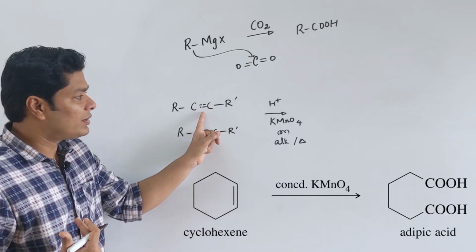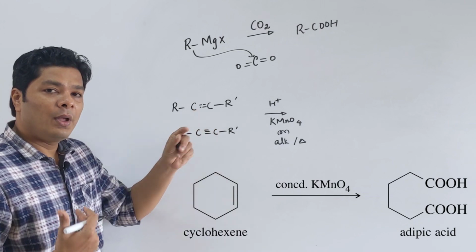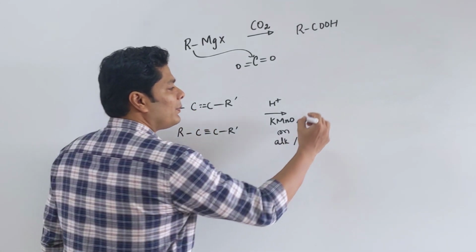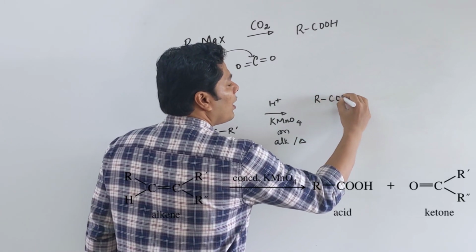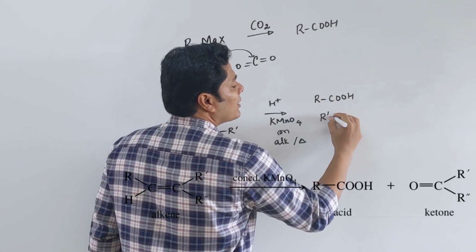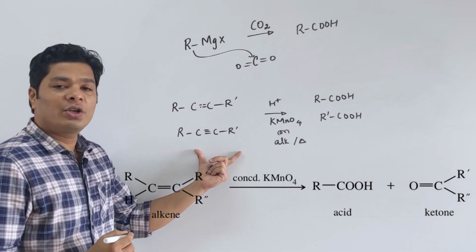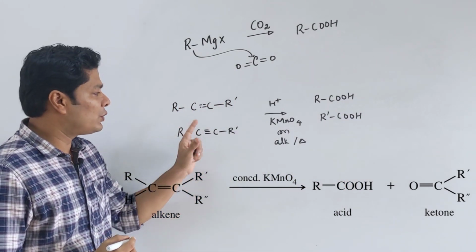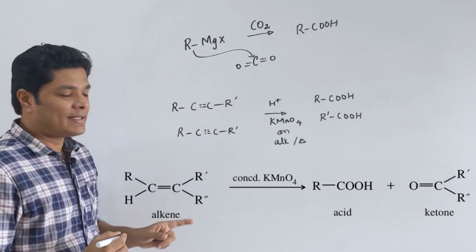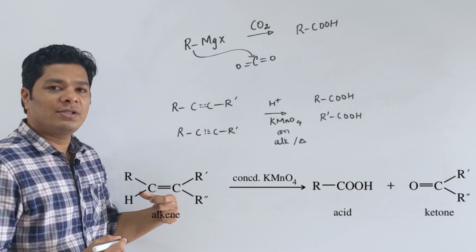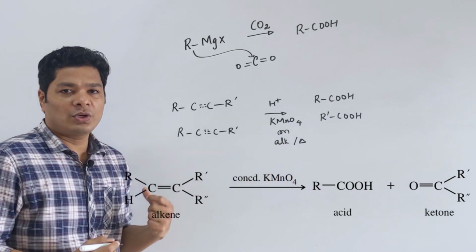Just like ozonolysis, except in ozonolysis you get a ketone or an aldehyde. Here you get the corresponding acids. So you get the corresponding RCOOH and R prime COOH. These are extremely straightforward, no loss of carbon. So all you have to do is just be clever and say, okay, I'm going to break these two bonds, make them COOH, COOH. Just like ozonolysis, just a step up from ozonolysis.